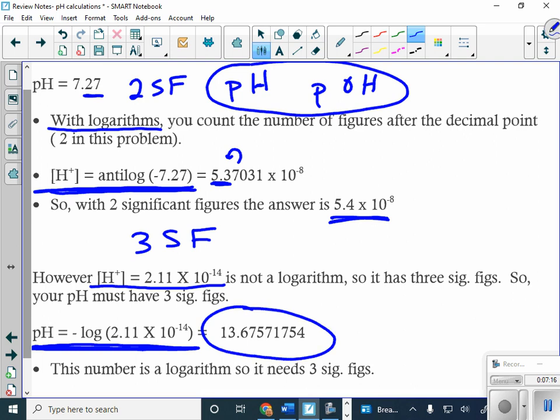Now, is that value on a logarithmic scale? Is it one of these 2? It is, isn't it? So that tells me that I only use past the decimal point. I had 3 sig figs, so I need 3 sig figs past the decimal point. Does that 7 round that 5 up? It does. So my correct answer for this one, with 3 sig figs,